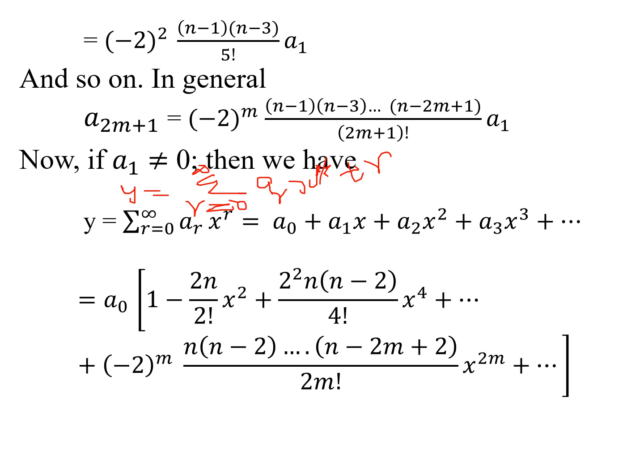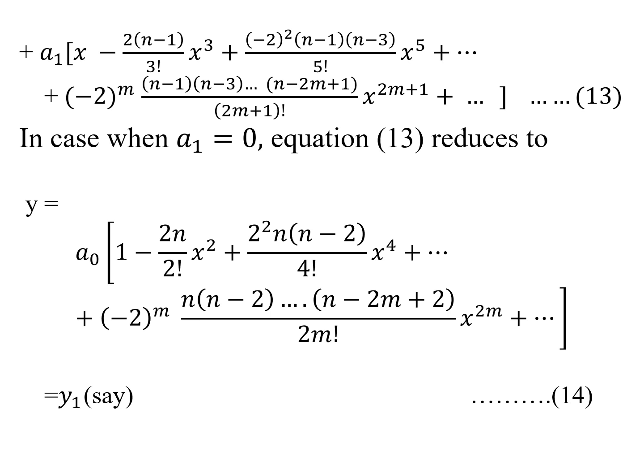Now substitute a naught, a1, a2, a3 etc. and splitting the a naught, a2, a4 terms, taking a naught outside this equation, and for the second part taking a1 outside the remaining. This is when a1 is not equal to 0. But in case when a1 is equal to 0,